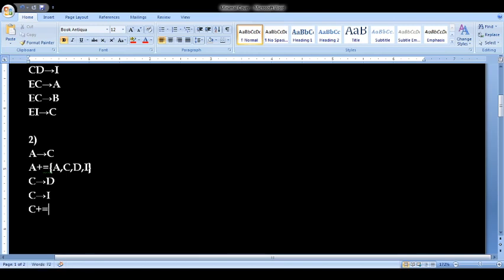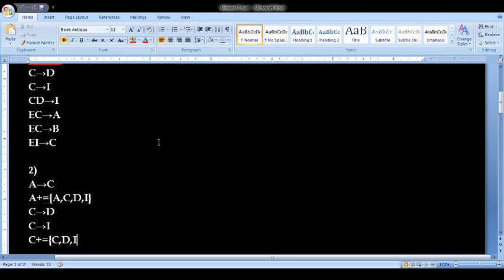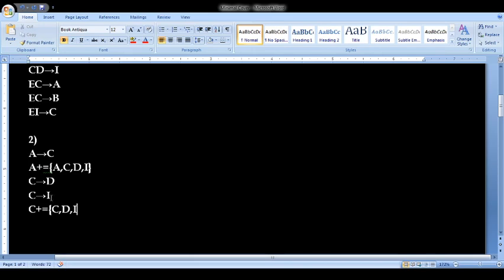From C you get C itself, then from C you get D, I. We have not received E in the closure set, so C closure will be C, D and I.